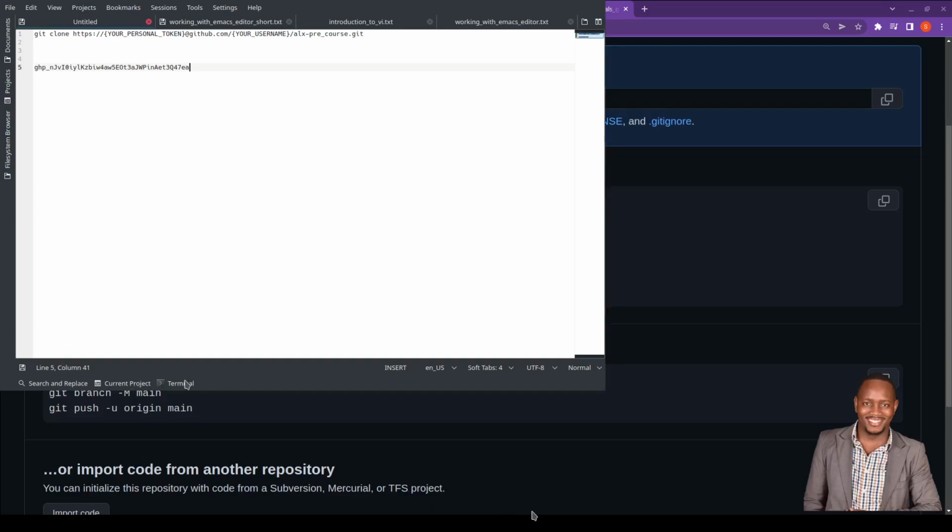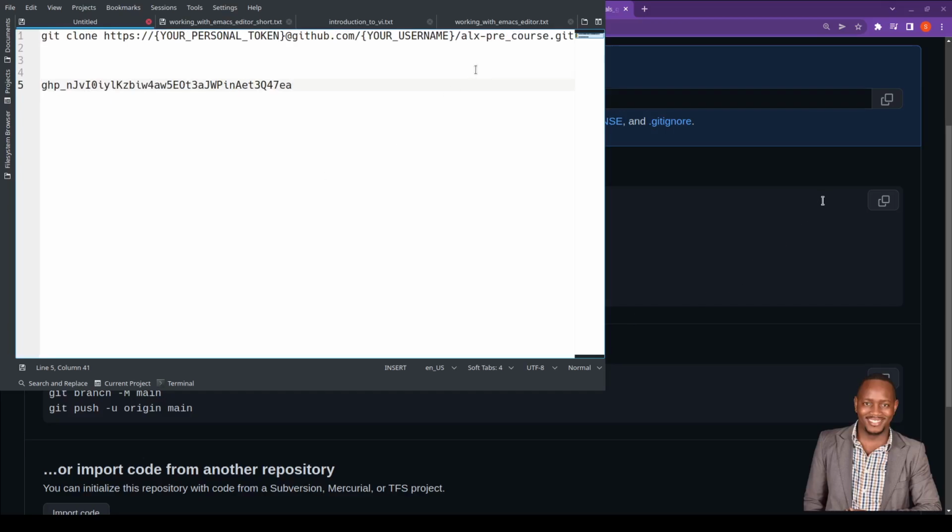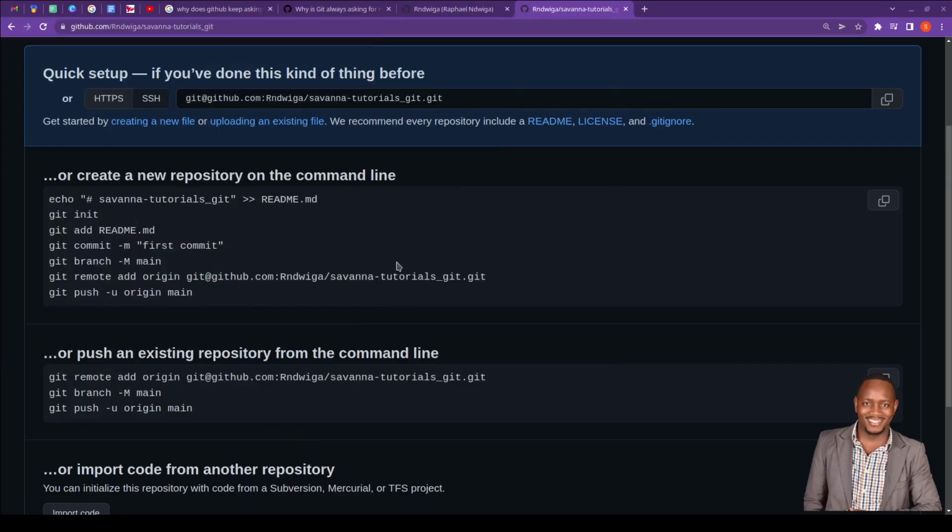There we go. So what I will do is that I will clone this repository. I'll clone this repository here, and the repository name is